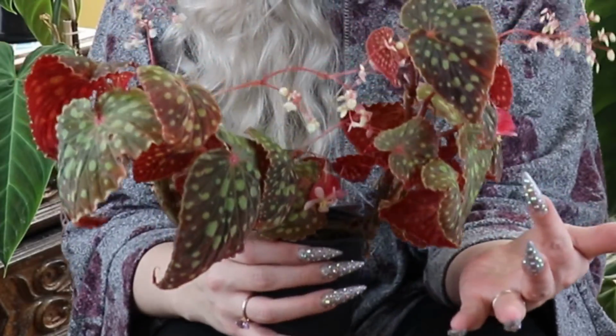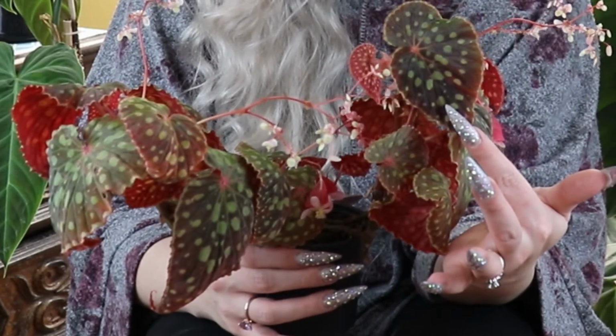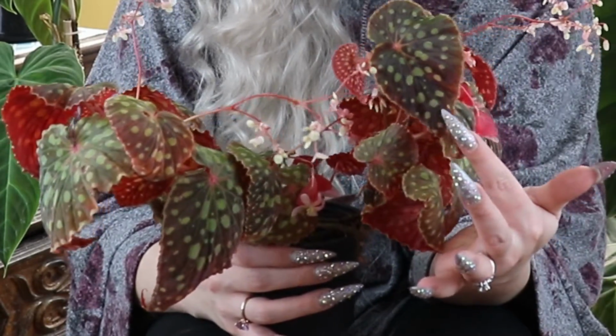By the way, I'm gonna show you guys the difference in how the leaf color has turned out. Yeah, you can kind of see it from this side right here. So right here, you can see this is a leaf where I had left it out of the light more, right? And these are leaves that are not only getting old, but they're also bleached. So this begonia obviously doesn't like high light like I was trying to give it,